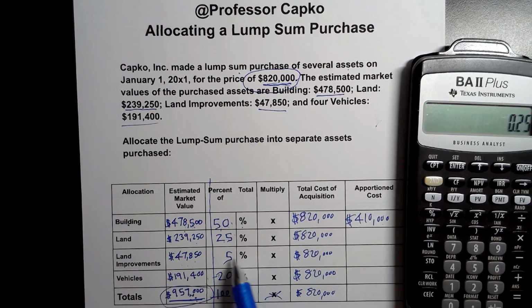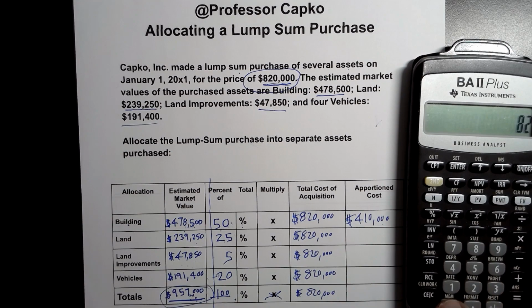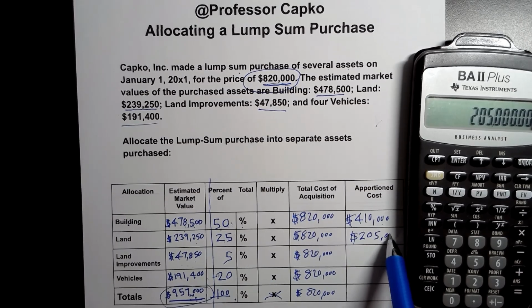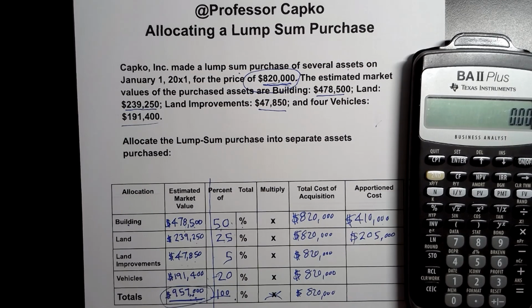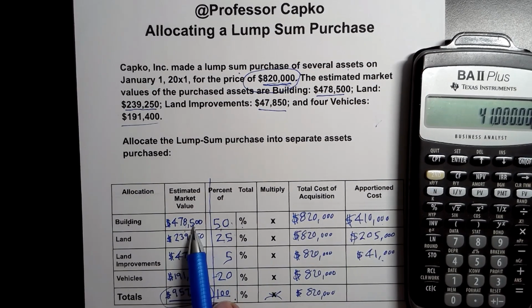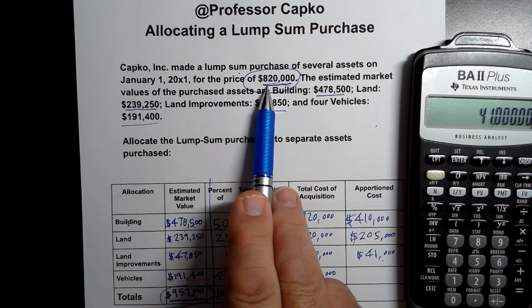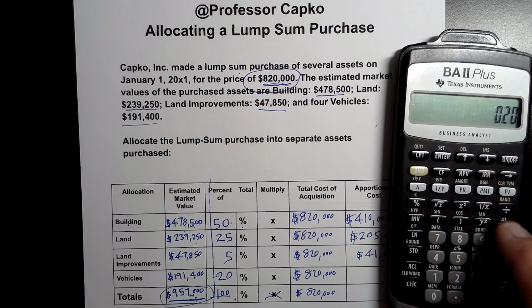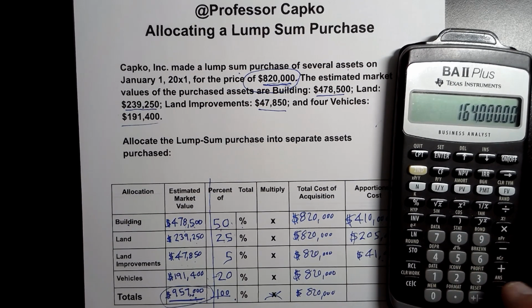And I've got 25%, so that's 0.25 times the total acquisition cost, which is the 820,000, equals 205,000. Next, we're going to take the 5%, which is 0.05, and multiply it by, again, the total acquisition cost, 820,000, and that gives me 41,000. And you'll note that each of these is less than the actual estimated market value. Again, that makes sense because we got, that's right, put it in the comments, we got a deal. So that's the case there. Lastly, we have 20%, so I'm going to clear here. 0.2 times the purchase price, 820,000. That gives me